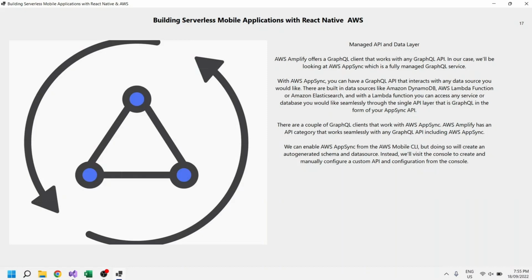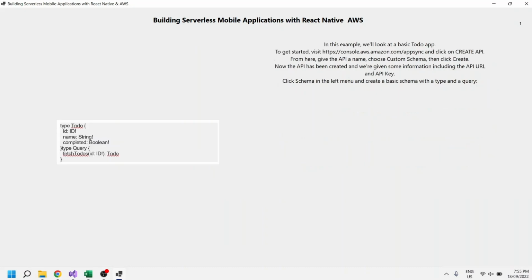We can enable AWS AppSync from the AWS Mobile CLI, but doing so will create an auto-generated schema and data source. Instead, we'll visit the console to create and manually configure a custom API and configuration from the console. In this example, we'll look at a basic Todo app. To get started, visit